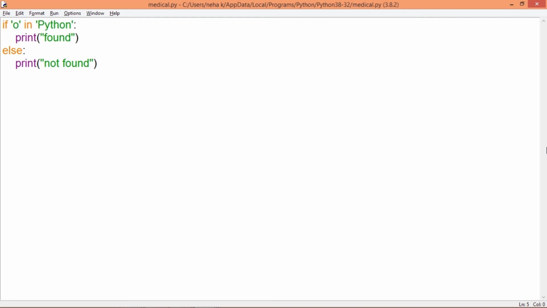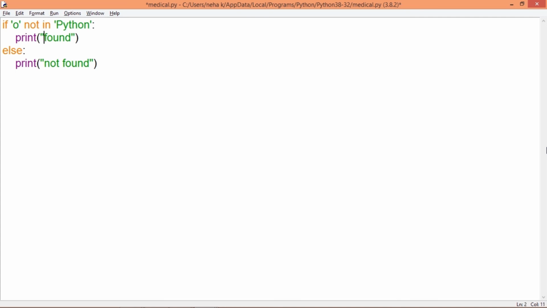So in will look for the letter o in the word Python, and if I write not in, that means the statement which is written with if will be executed only when the condition becomes true. So if I change this condition with not in, that means if o is not in Python, then the print statement will get printed.